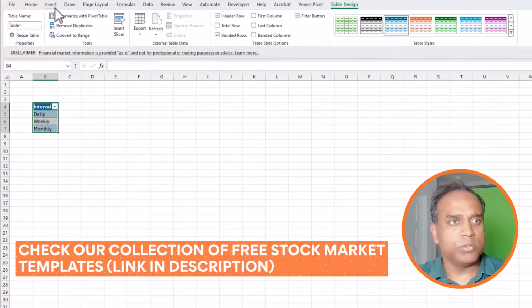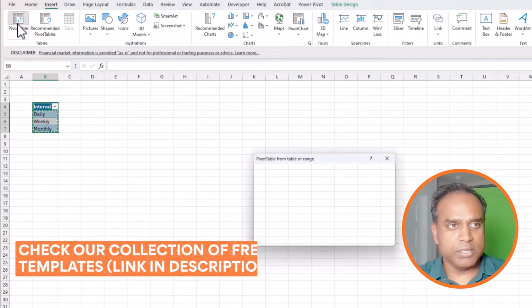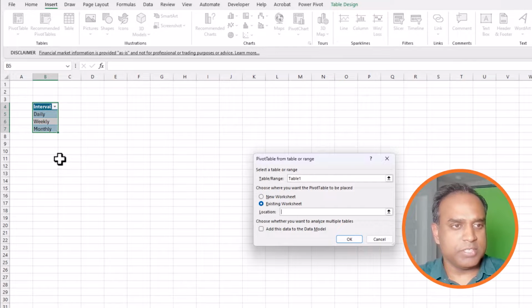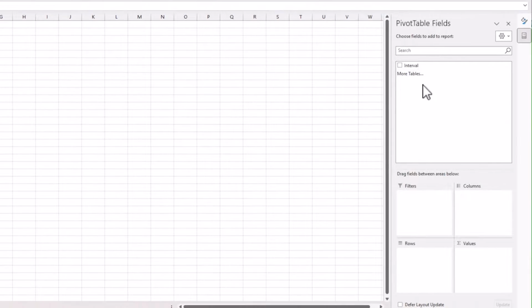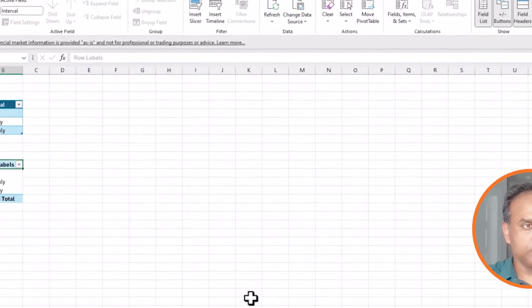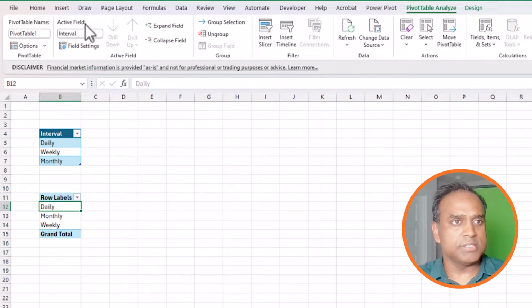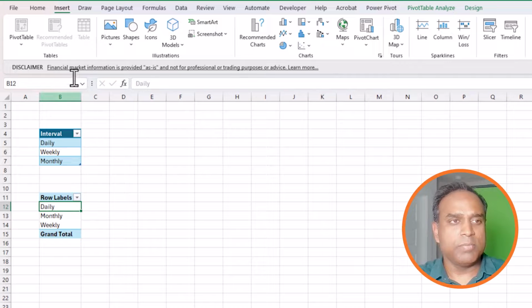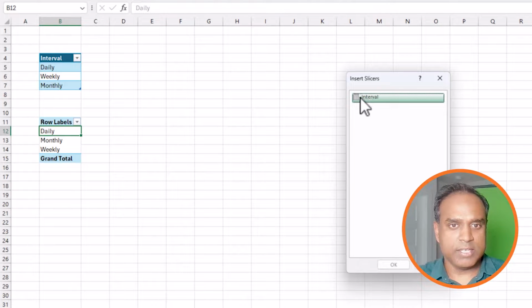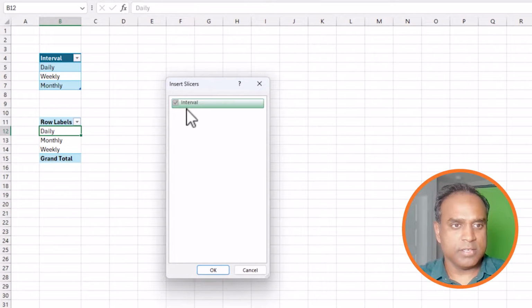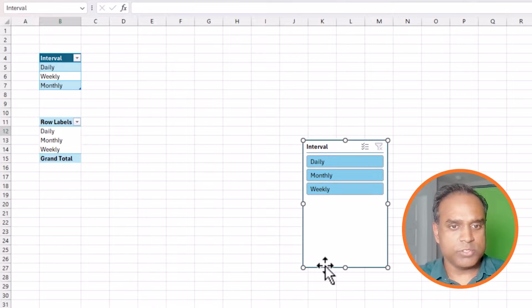And now I'm going to click Insert and do a pivot table. And I want a pivot table right here. No problem to keep it in the same sheet. And I will drag and drop here. So far, nothing is great here. But now we're going to click inside the pivot table, press Insert, and then insert the slicer. And then select the interval, which is the only column right now, and say okay, so now we have a